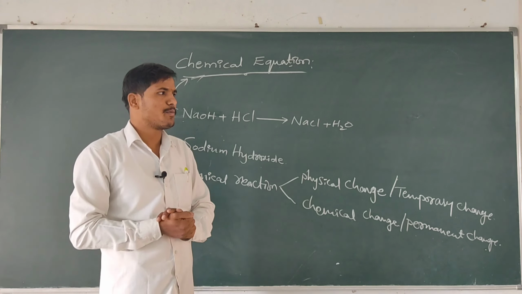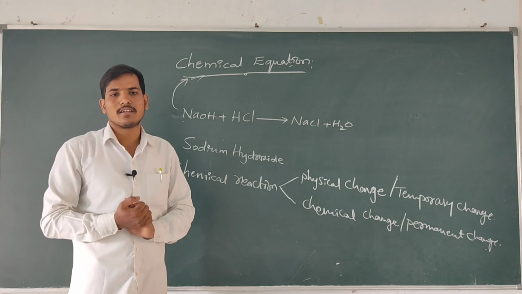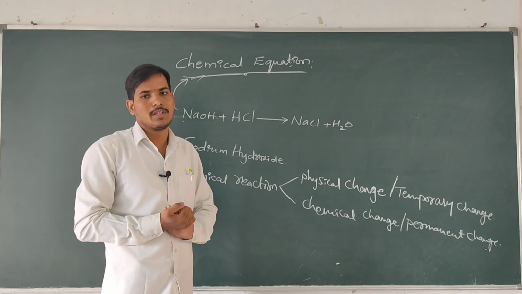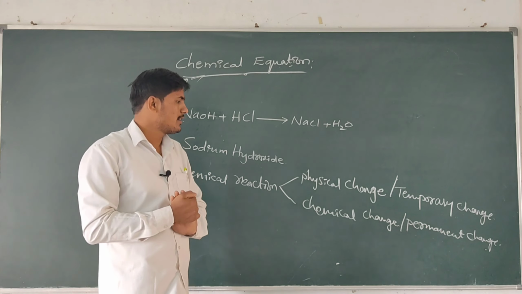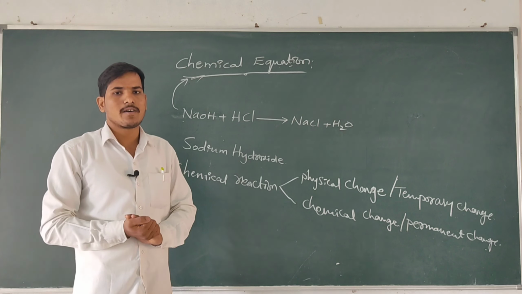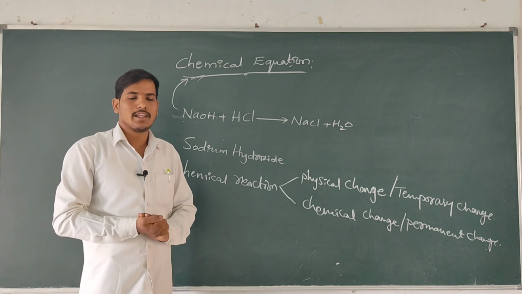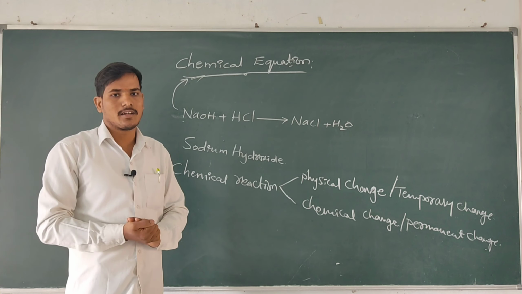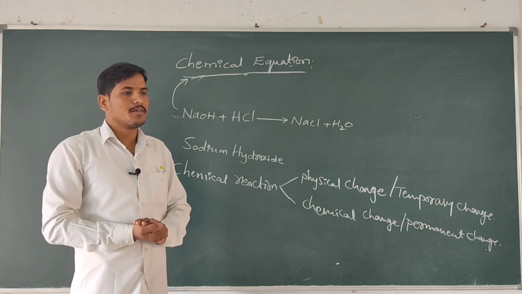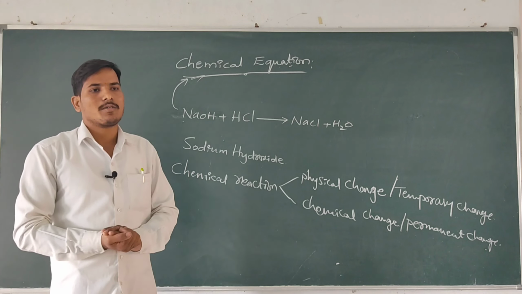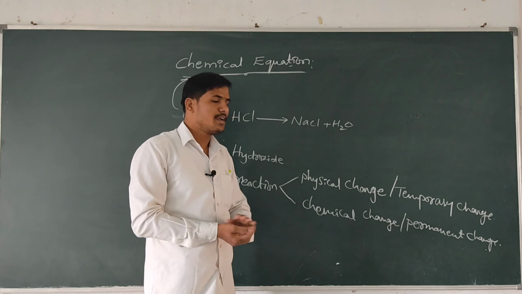Another example, rusting of iron. Rusting of iron is also a chemical change. Once iron rusts, we don't get pure iron back from it. So it is also a chemical change. Some examples given in our book are the process of respiration, the process of digestion, tearing of papers, burning of crackers, ripening of the mango, and rusting of iron. In all of the above examples, we observe that a chemical change takes place.